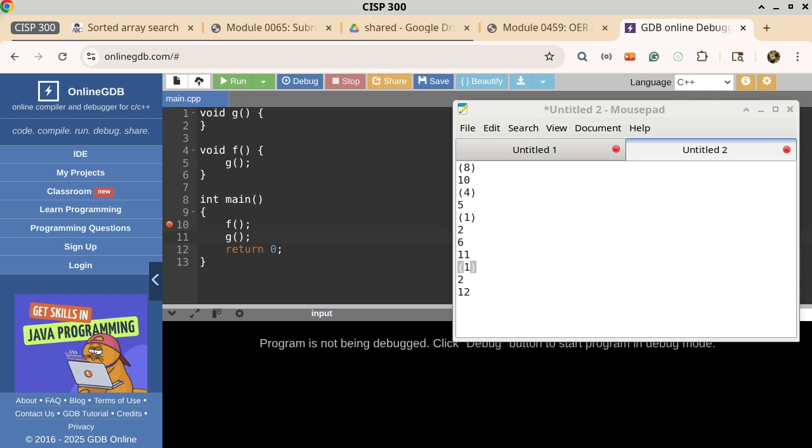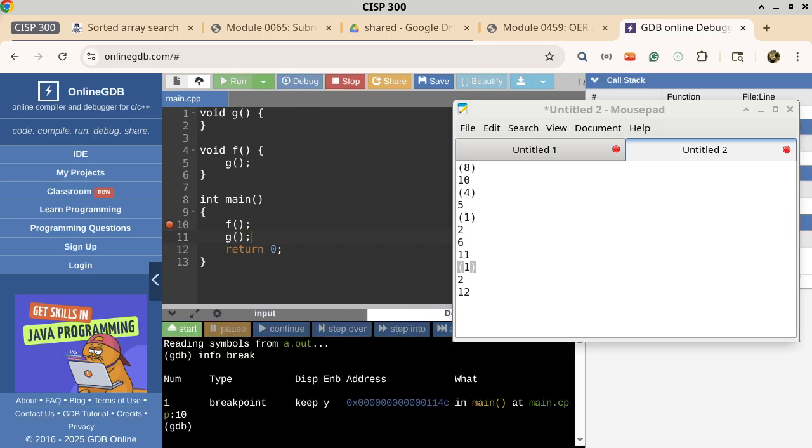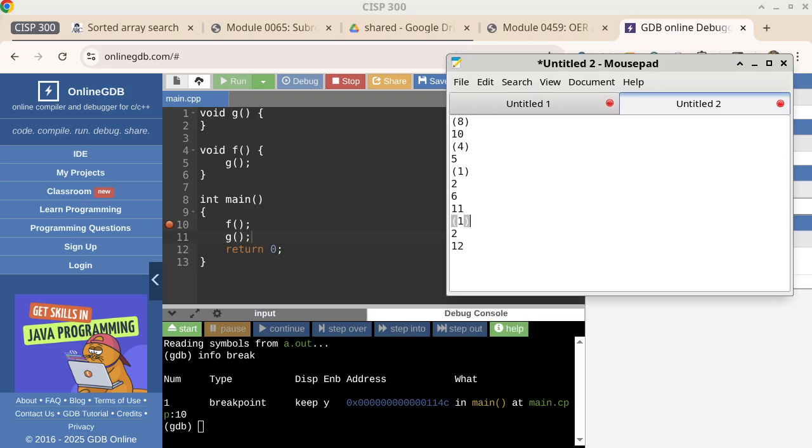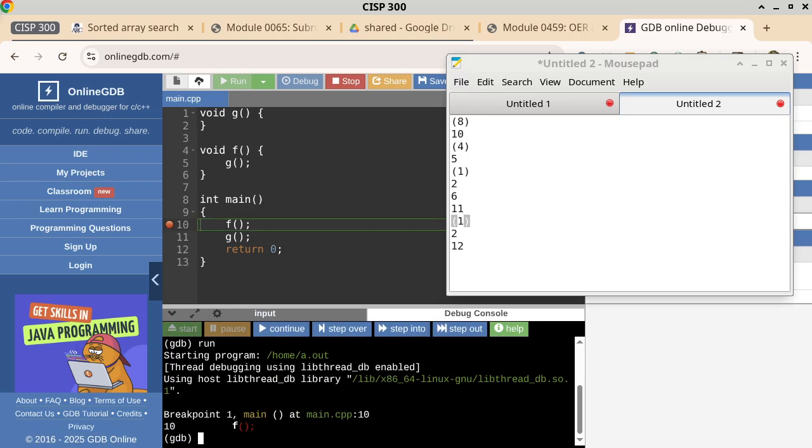Okay. All right, so now that we have this, let's go ahead and debug this program. We want to move this up a little bit just so that I can click on the step into button. So we do a start first. There we go. And then we do a step into. So we are on line 10 right now, right? So right here. So we're supposed to go to line 5 next, step into,